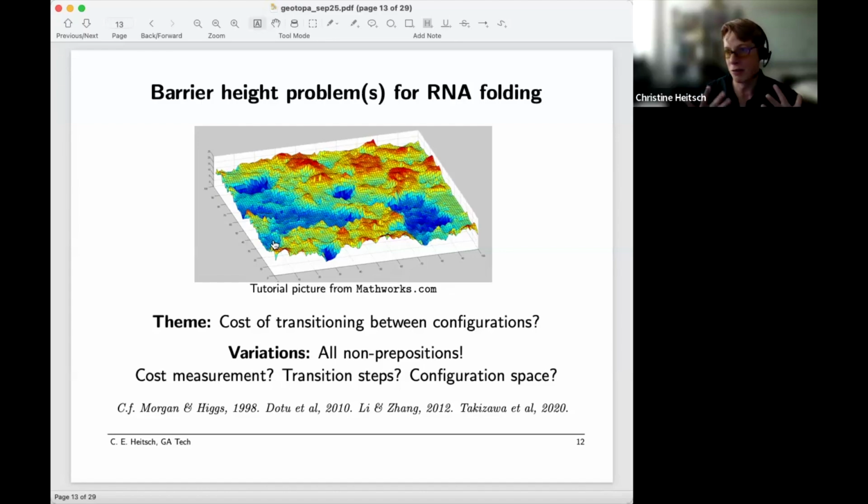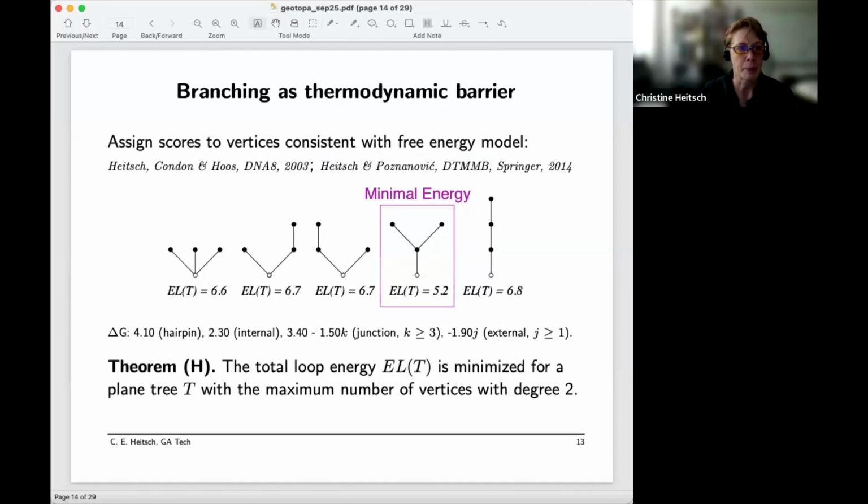Now, there are many different variations on this theme, and in order to talk sensibly about a particular problem, you have to be more specific about how you are measuring the cost, what your transition steps will be, and what exactly is the configuration space that you're operating on. So we're going to be thinking about branching as a thermodynamic barrier. And the reason for that is because